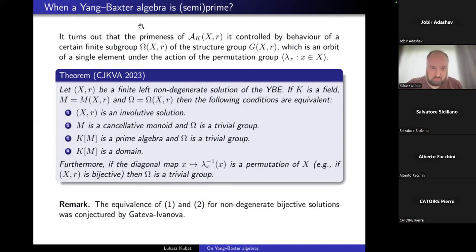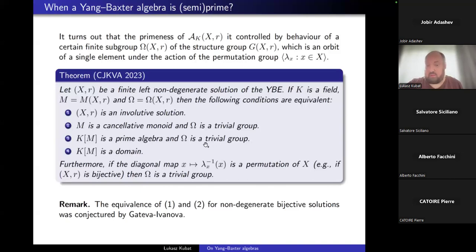What happens for primeness? Again, if we consider a finite left non-degenerate solution of the Yang-Baxter equation, then the problem of primeness of the corresponding Yang-Baxter algebra is completely reduced to investigation of some finite semigroup, to the behavior of some finite group that sits in the structure group of the solution. And the result is as follows: having a finite left non-degenerate solution, the corresponding Yang-Baxter algebra is prime,